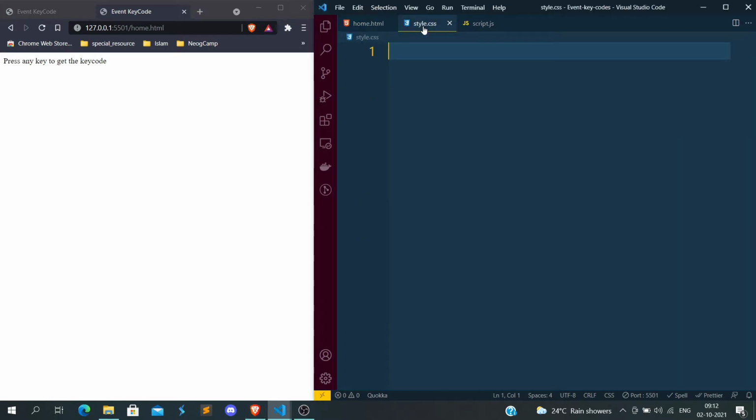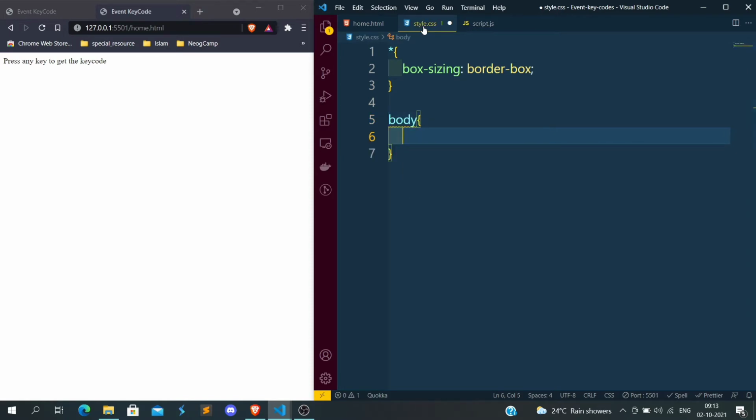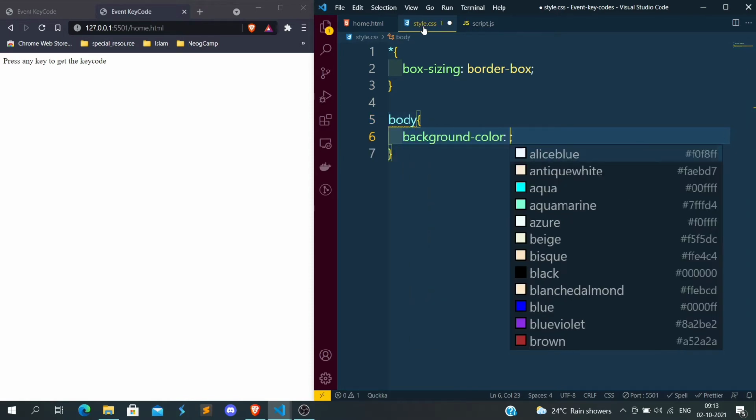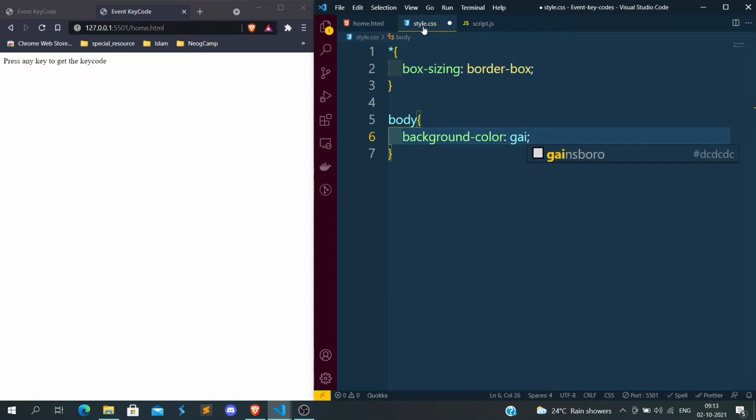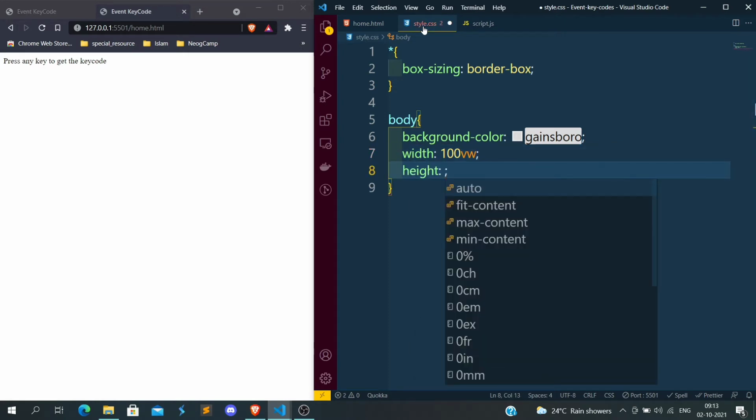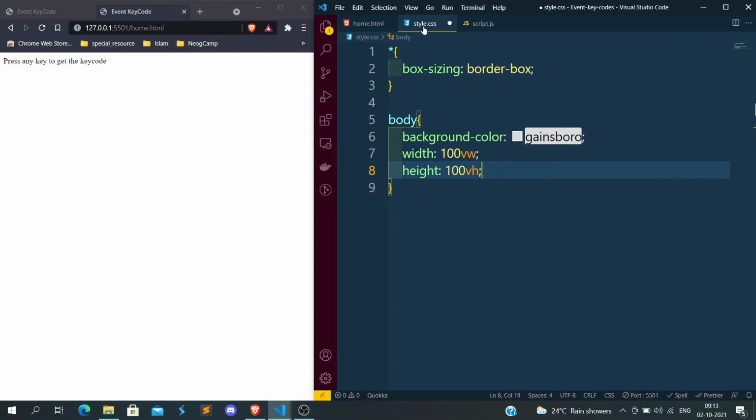So let's move to style.css. Let's add a box-sizing of border-box. That's all for this root. Let's add some CSS for the body. Let's give the color Gainsboro, a width of 100vw, and a height of 100vh.